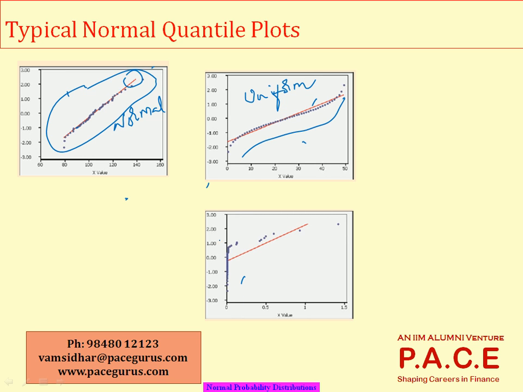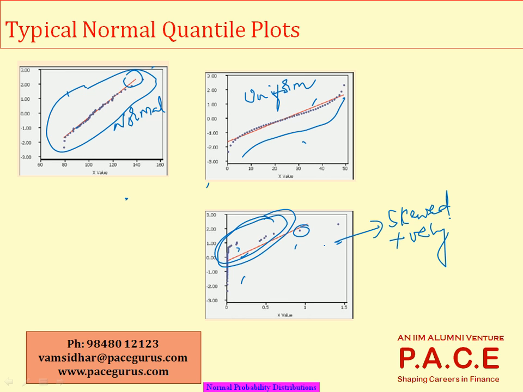And if we are talking of this kind of stuff, where a good number of values are above the line and only one or two values are below the line, and they are nowhere closer to this line, then we can very well say that this is not normal. This will show a kind of skewness to the graph. And because the majority of the values are above the line, we can also conclude that it is positively skewed.